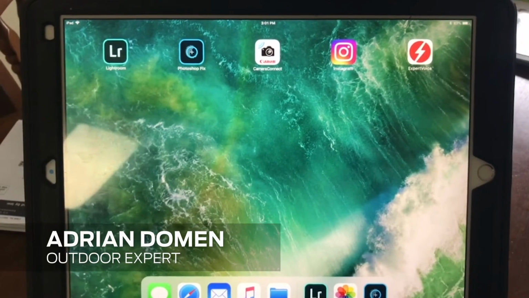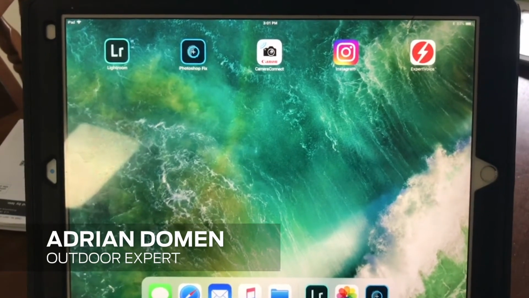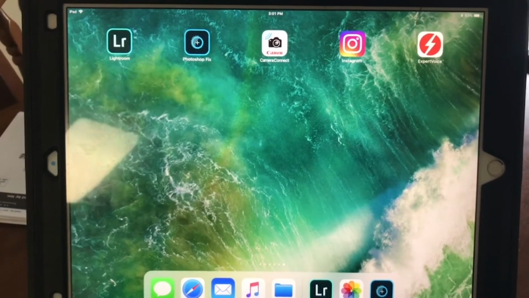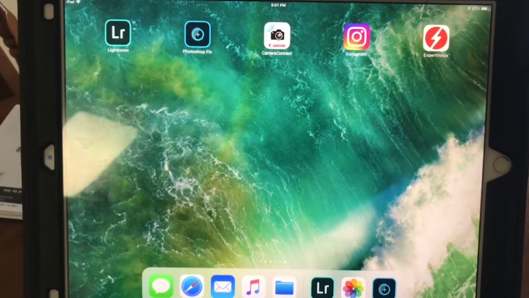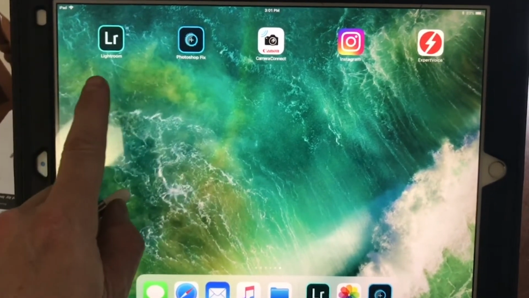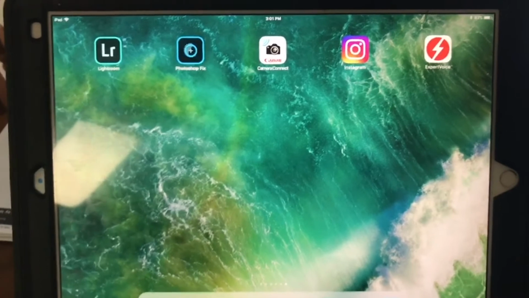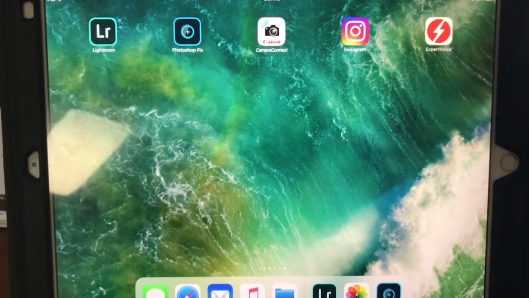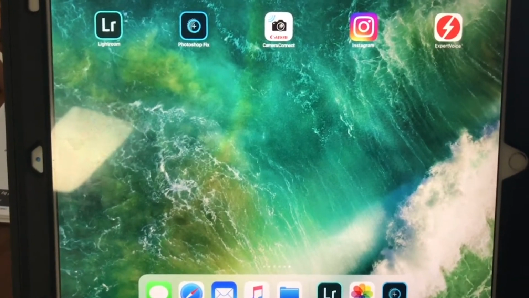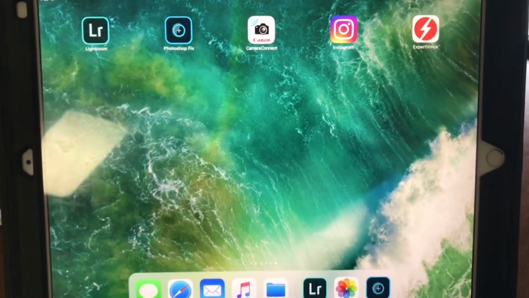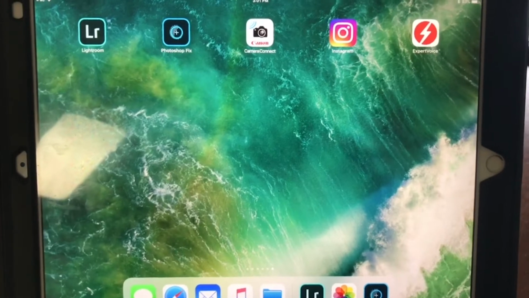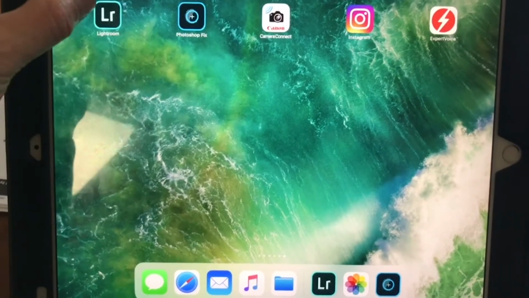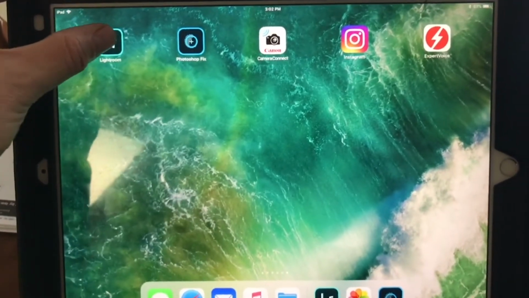So today I will show you how to edit some photos in your iPhone or your iPad using the Lightroom and Photoshop Fix apps. These I think are free. It's been a long time since I've had these, but they used to be free with limited options and limited things you could do with them. I think it's $4.99 a month for the whole suite of apps. So what you're going to do is you're going to upload your photos and you'll click on